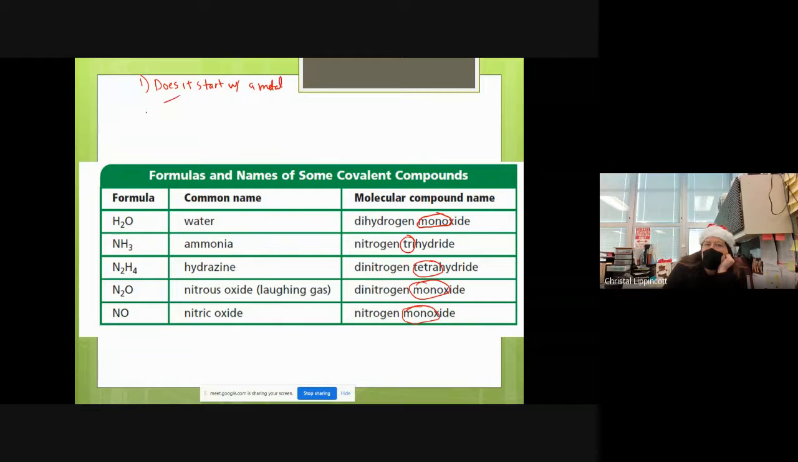If the answer is yes, then what type of bonding is that? Ionic. This is going to be ionic. Okay. If the answer is no, then does it start with H